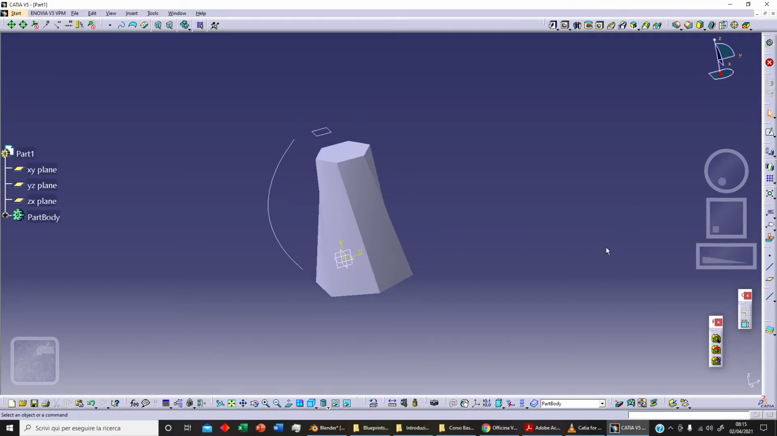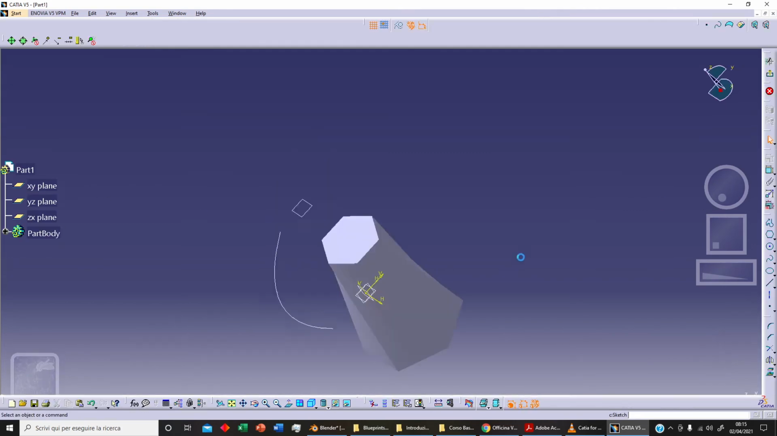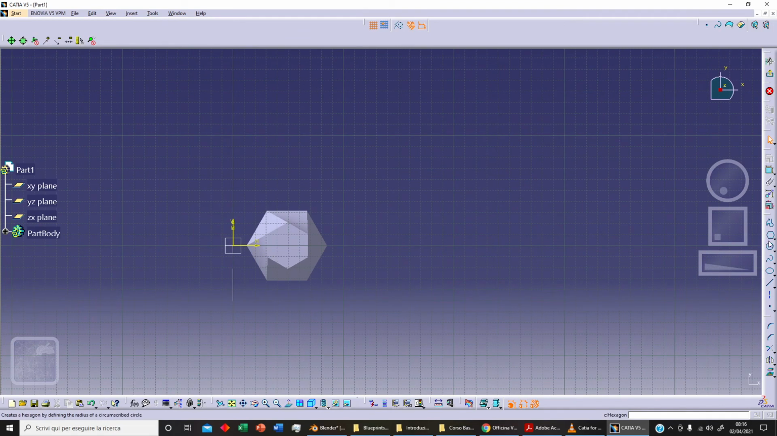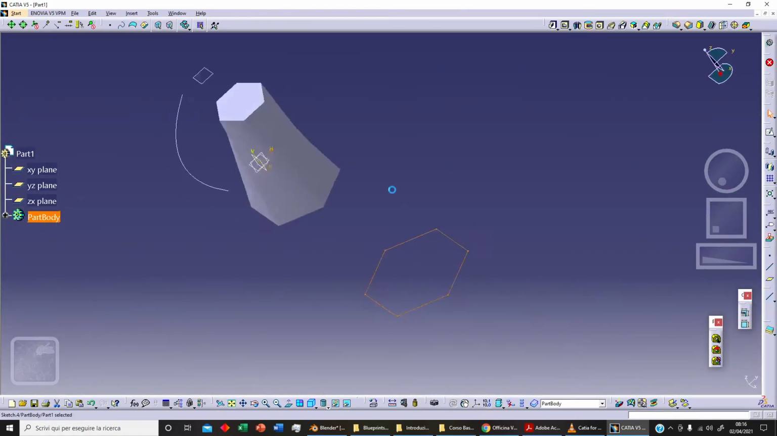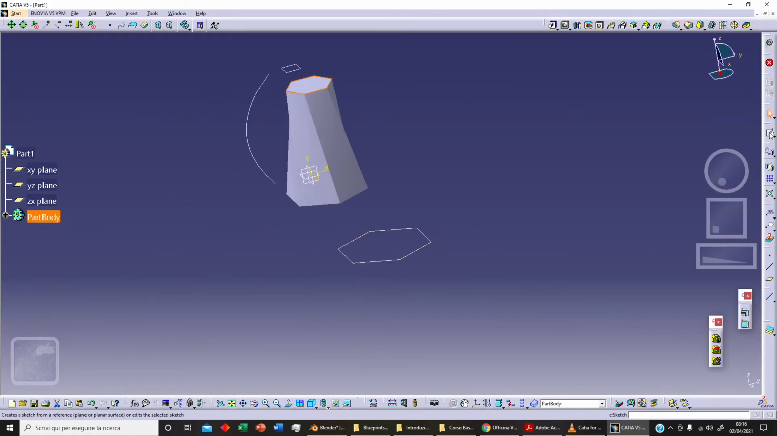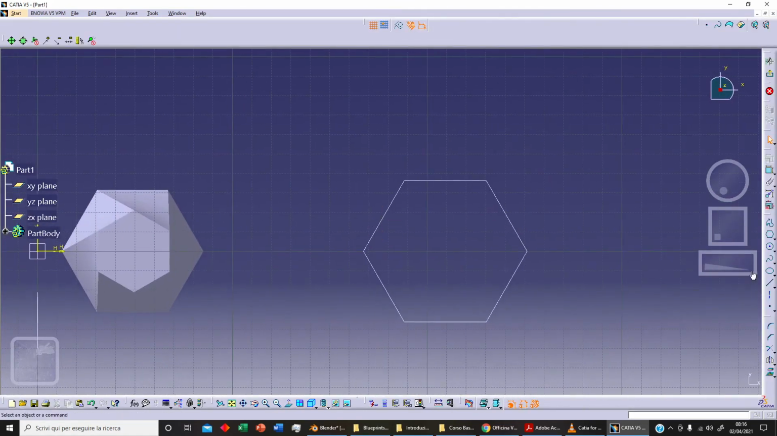Of course, we are talking about multisection solid, so we can sketch something on our YX plane like this. For example, let's sketch our hexagon. On this plane we can sketch something different. No, we can sketch